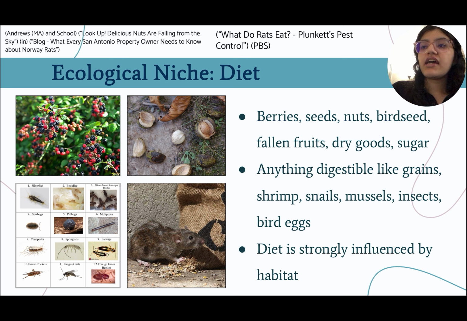Now, their diet has a wide range. It consists of berries, seeds, nuts, and so on, as well as anything digestible like grains, shrimp, snails, mussels, insects, and bird eggs. You'll see photos that show all of these foods. And their diet is also strongly influenced by their habitat, which is explained by their behavior explained earlier of how they change their own behavior and their diet and their shelter seeking habits just to survive in the environment they're